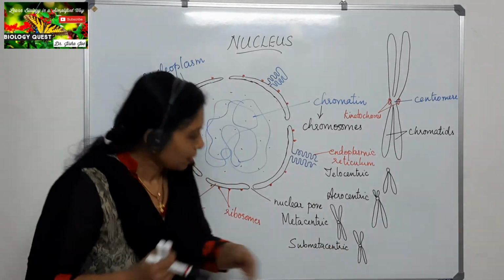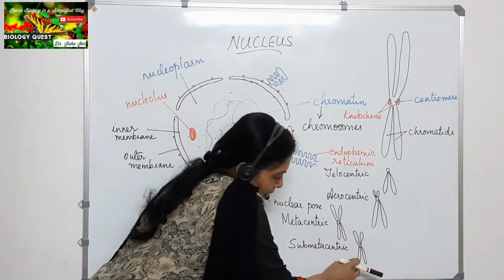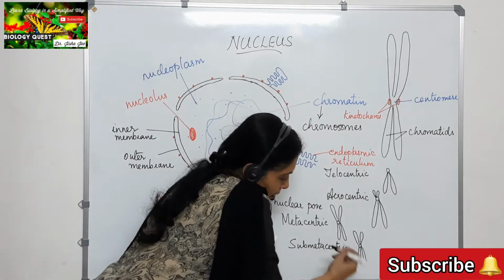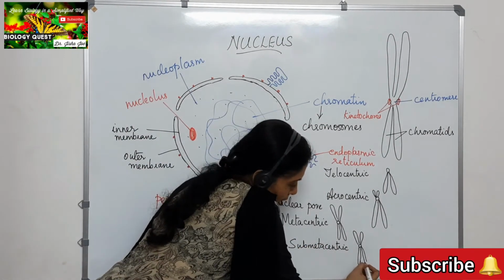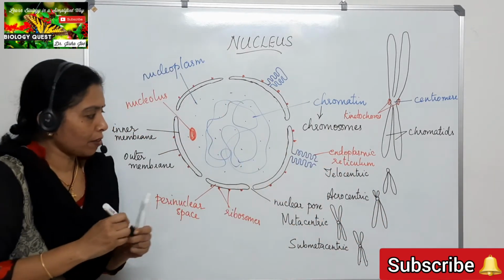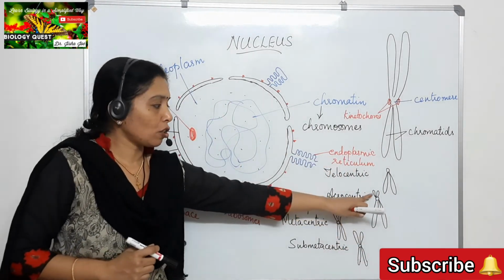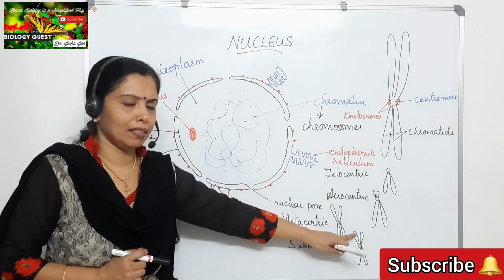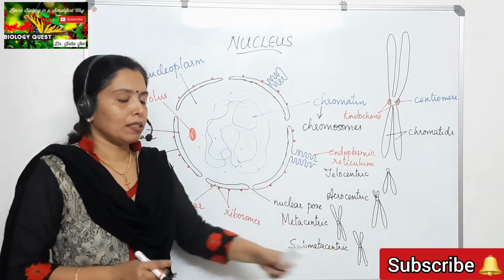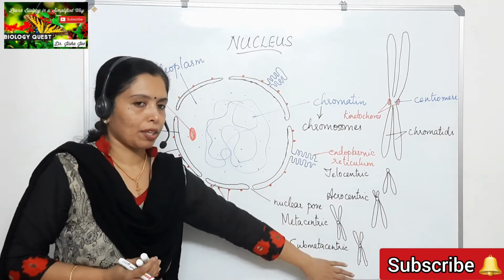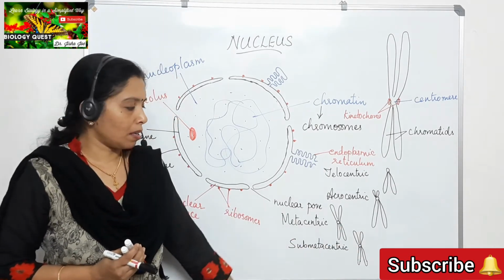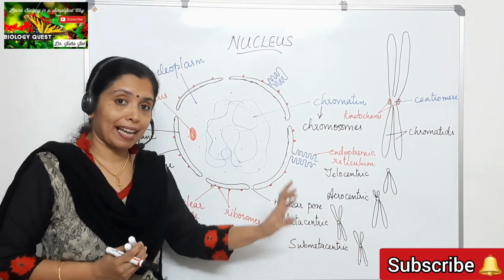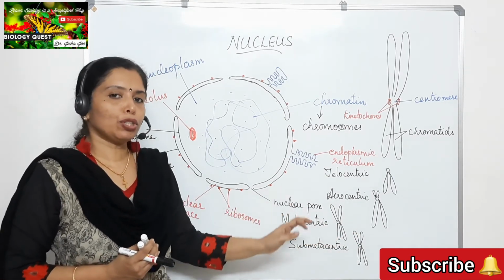Can you differentiate the arms? No, they are not exactly equal. Short and long arms are produced, but they are different from acrocentric. Here the short arms are extremely short, but here they are a little longer, and you can clearly differentiate the short arms and the long arms because the centromere is not exactly at the center but more towards the